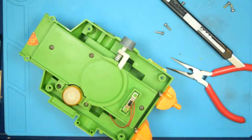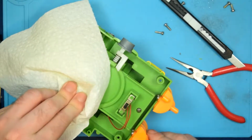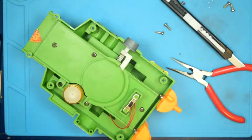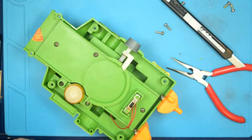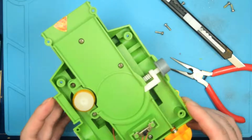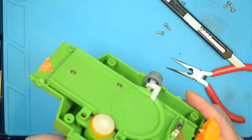This thing probably isn't going to throw stuff anymore because this rubber here is all deteriorated. I mean, maybe some benzene might touch it up, but I don't think that's going to make really great contact with the discs. So looks like we need to go a little deeper to get to the